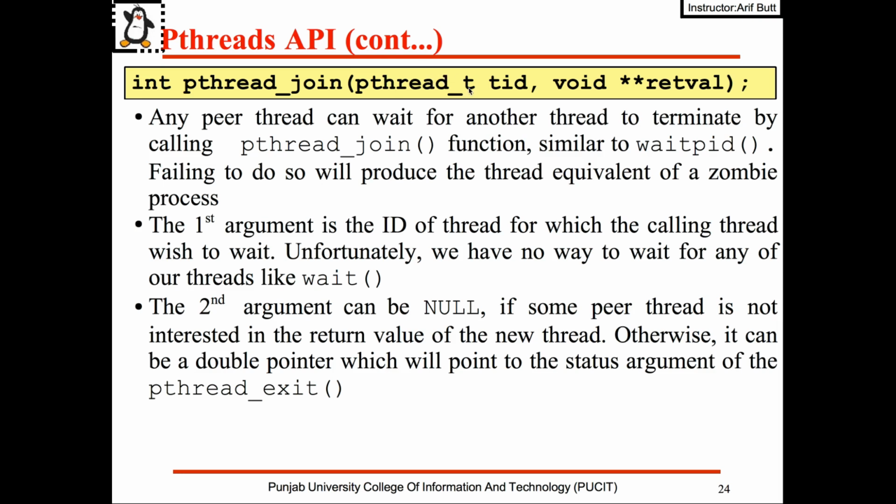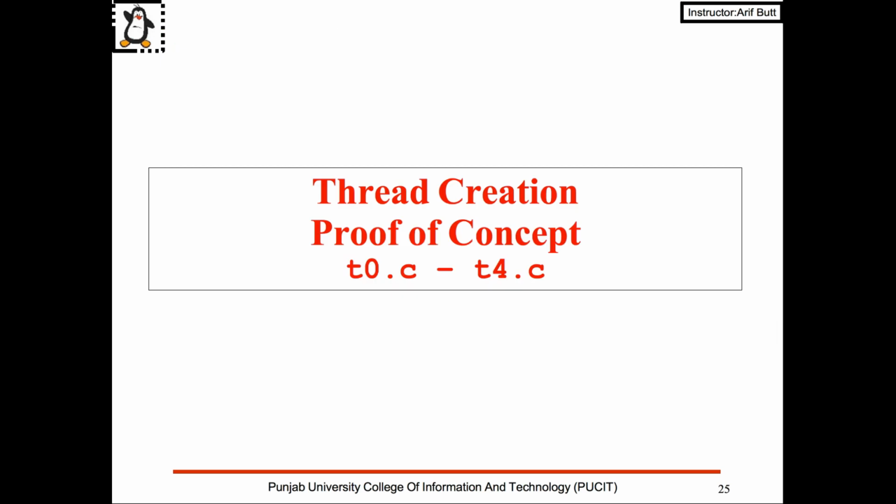There are two arguments. The first argument is the ID of the thread for which we want to wait, and the second argument can be null if some peer thread is not interested in the return value of the new thread. Otherwise, it can be a double pointer which will point to the status argument of pthread_exit, which I talked about in the previous slide. Once again, do go to the man page of pthread_join, and let me move on to the Linux terminal now